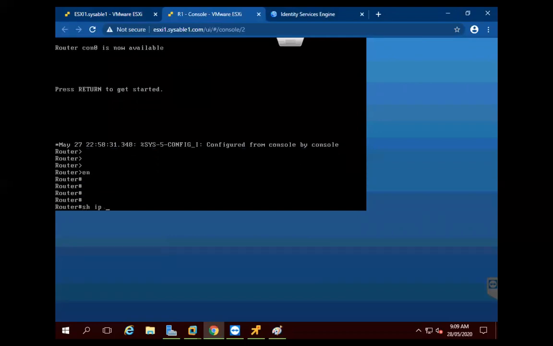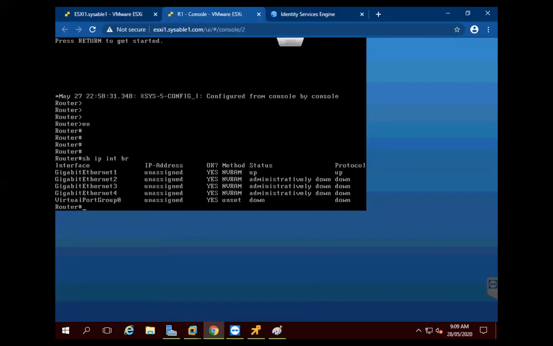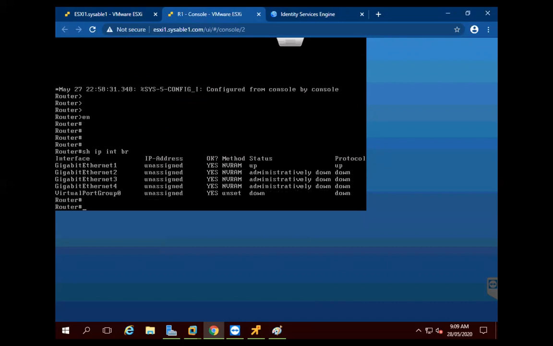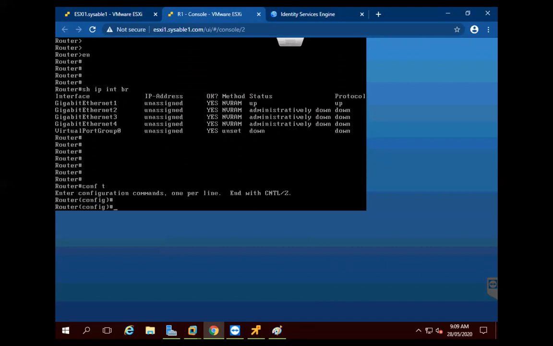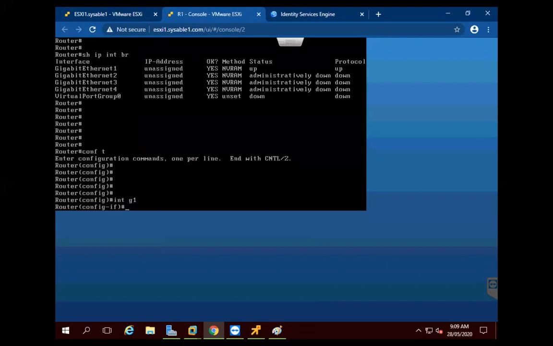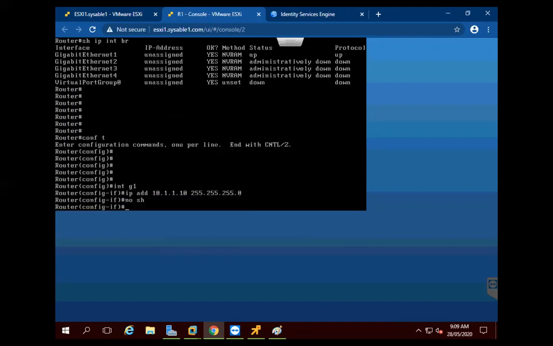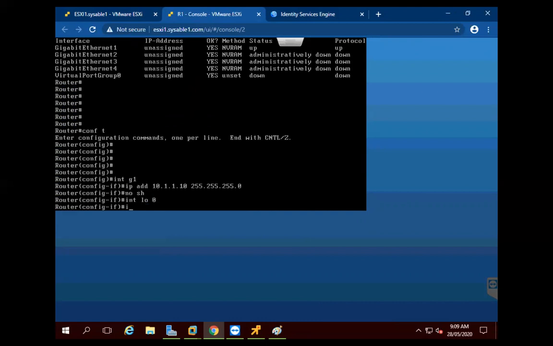So first I will check if any configuration has been done or not. No, there is no configuration done. So I will go ahead and I will assign the IP address. And I will assign the loopbacks.